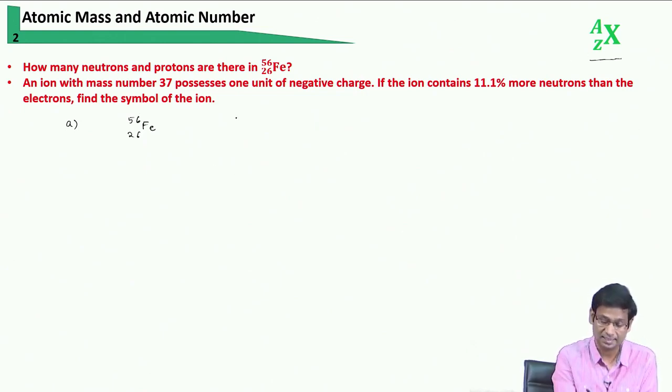So, when you see Z is 26, Z is the atomic number, which is also the number of protons. So, you immediately know by looking at this value that the number of protons is 26, but it is